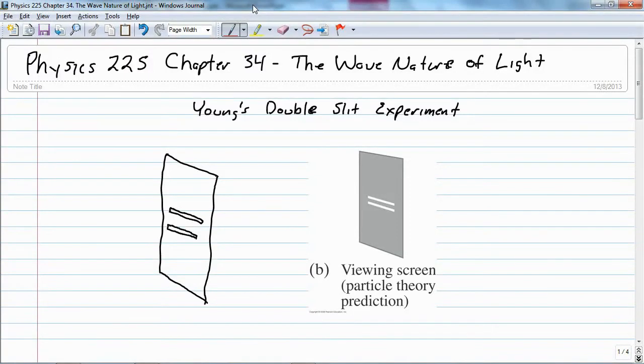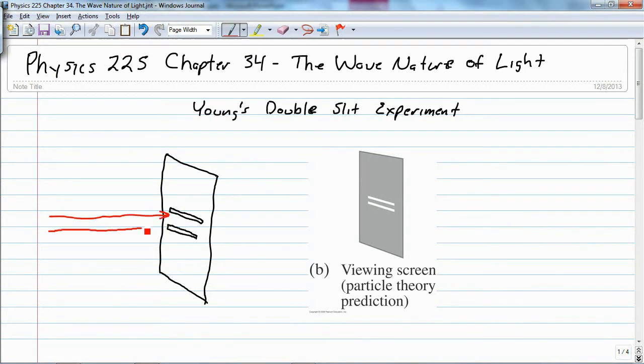In an experiment to determine whether light had a wave nature, we have the Young's double slit experiment. And here we have two slits in a board or a view screen. And if we have light coming through